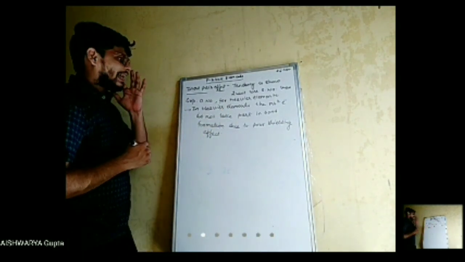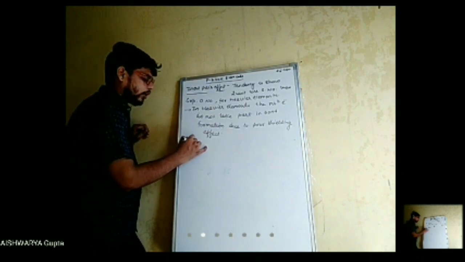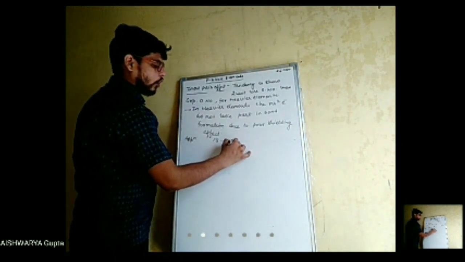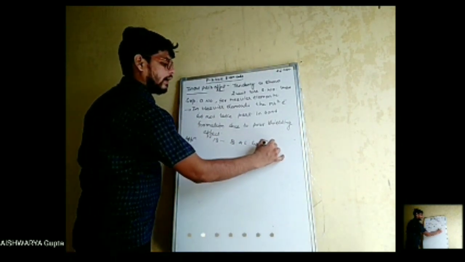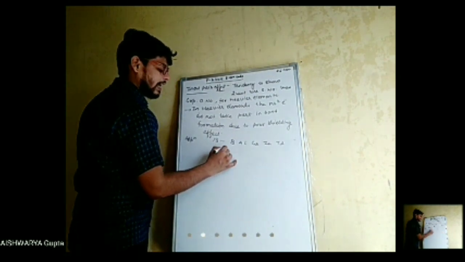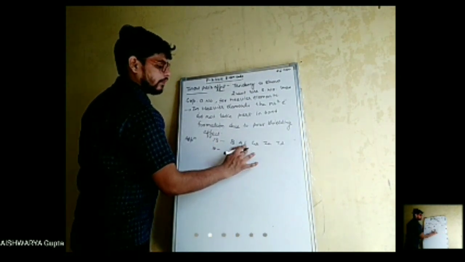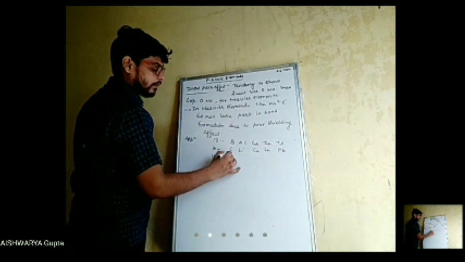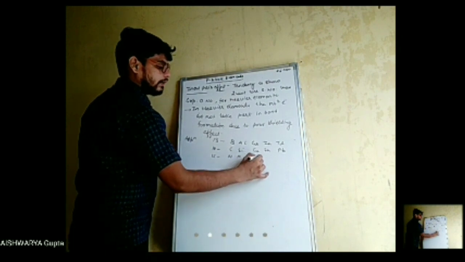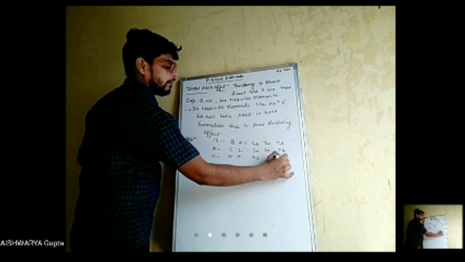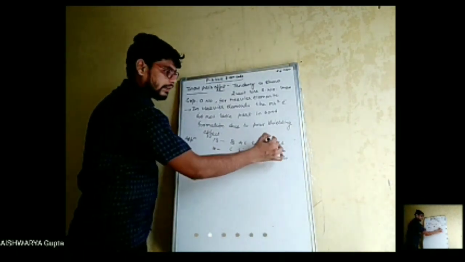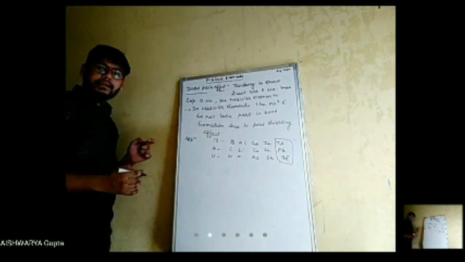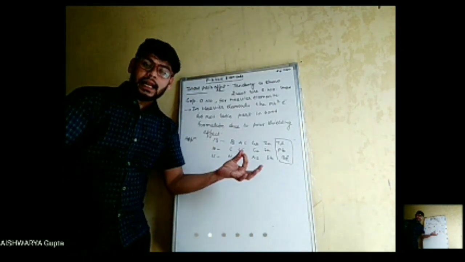Now if I talk about its application, what I have told, for group 13, the elements are boron, aluminium, gallium, indium, and thallium. For 14, elements are carbon, silicon, germanium, tin, and lead. 15 will have nitrogen, phosphorus, arsenic, antimony, and bismuth. So these elements, thallium, lead, and bismuth, these three elements will show the inert pair effect.